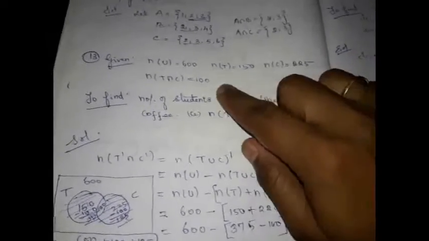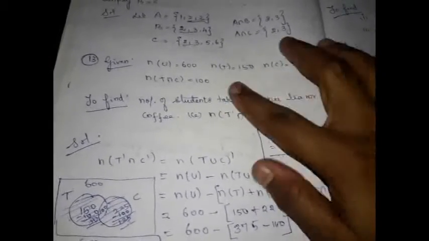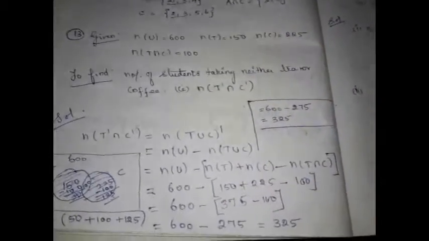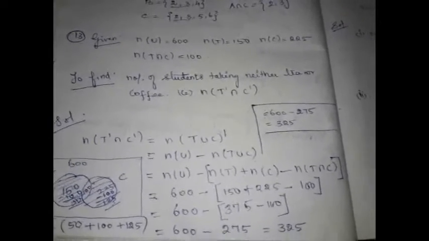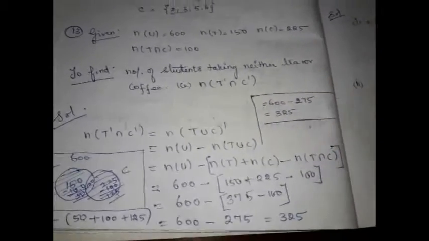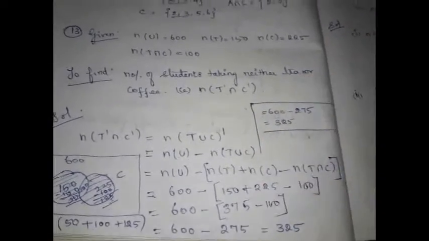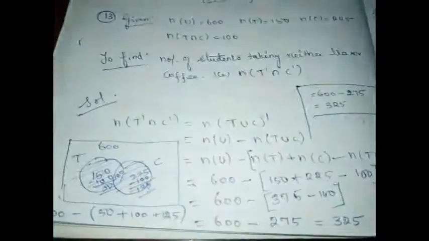Then we have seen beautiful questions using Venn diagrams. Again, for this also I have given you clues. Hope you remember n of U, n of T, n of C and all these things are given, and we need to use our Venn diagram or numerically we need to prove. How can we prove this? When it comes to 2 sets,